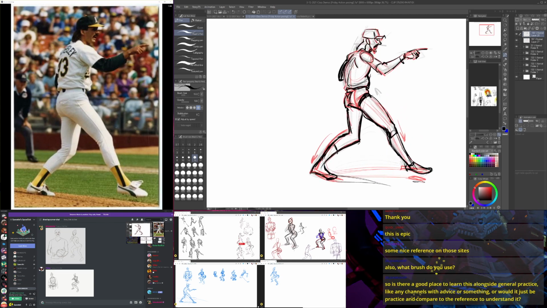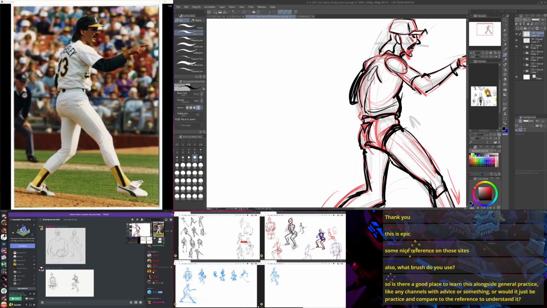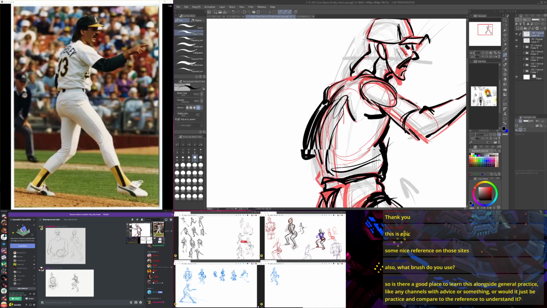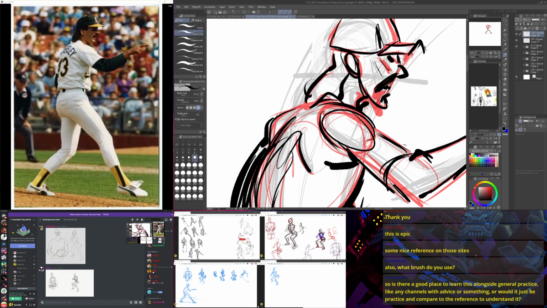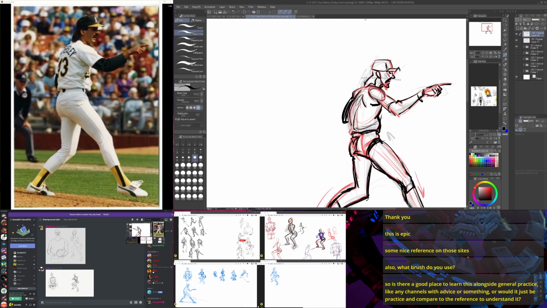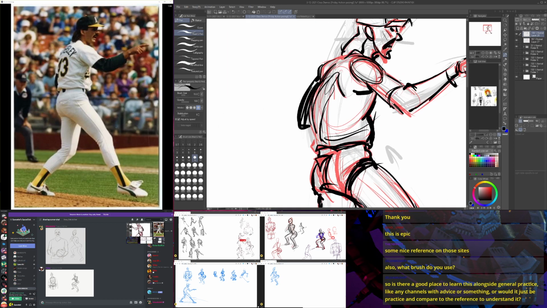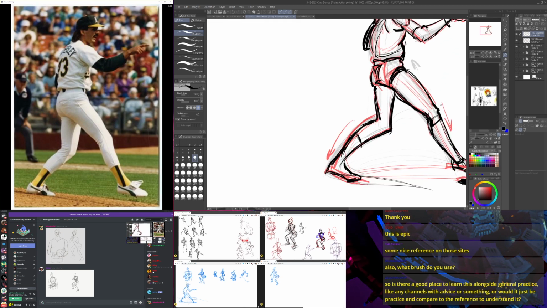I was actually feeling pretty good. I have him now. This is very much animator shorthand, the cartoon character quick sketch approach that I'm taking right now.